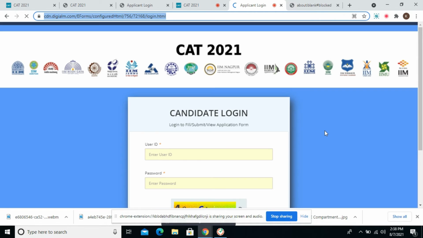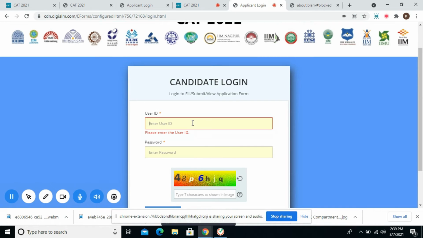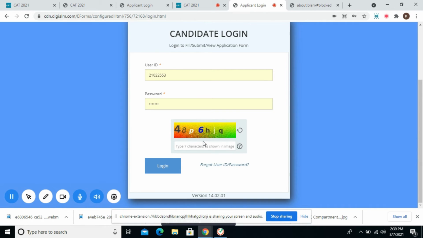Sometimes due to internet error or some kind of errors like this, the page gets stuck. In this case, you can log in with your user ID again and just log in with your password. It will take you to the page where you have left last time. No details will be deleted. Here, enter your captcha again and log in.